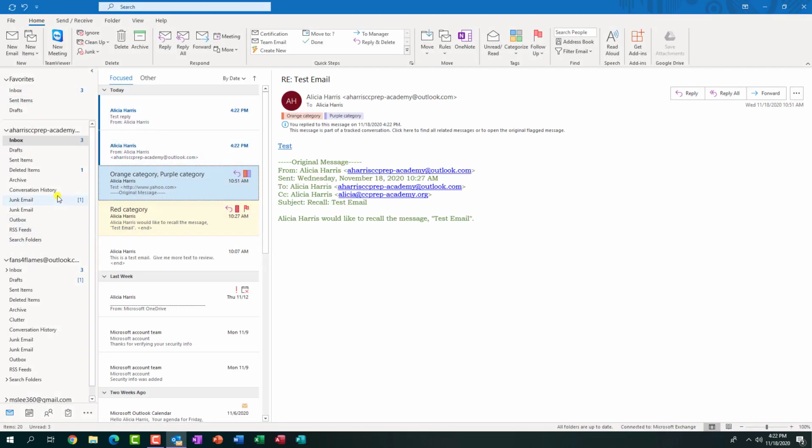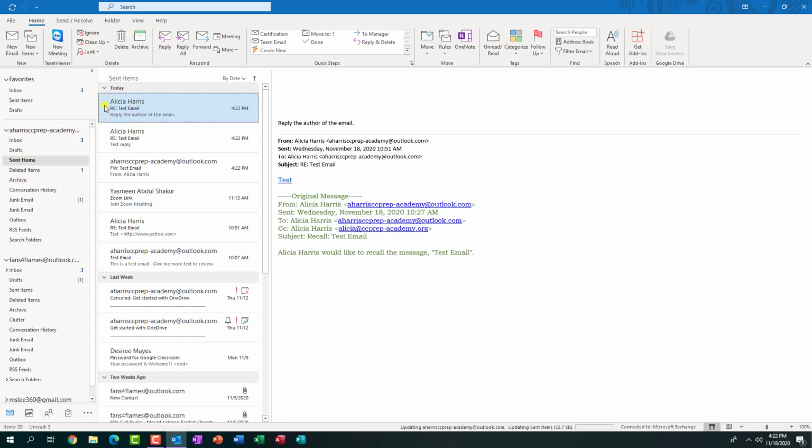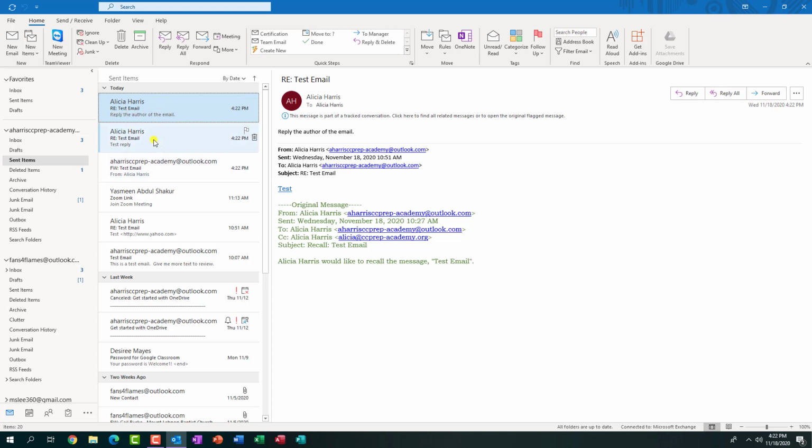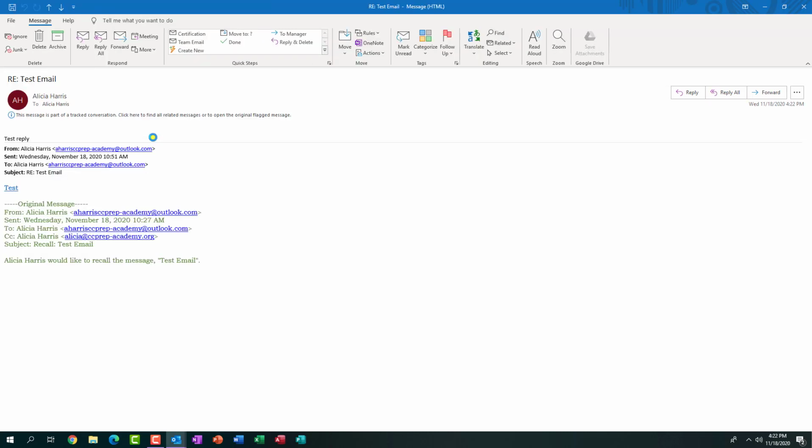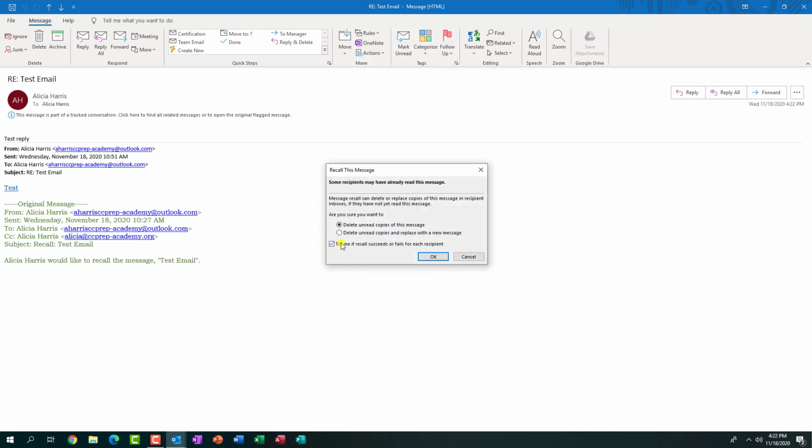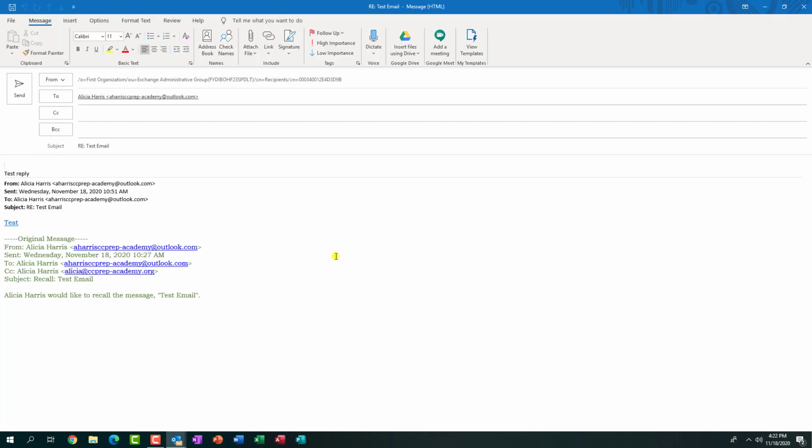So now let's talk about recalling a message. I can go to the sent items folder, click on an email that I want to recall, open it up, and now I would go to actions under the move ribbon group. Click on actions and then click on recall this message. And then I can say delete unread copies and replace it with a new one, or I can just delete the copy altogether. So let's replace it and